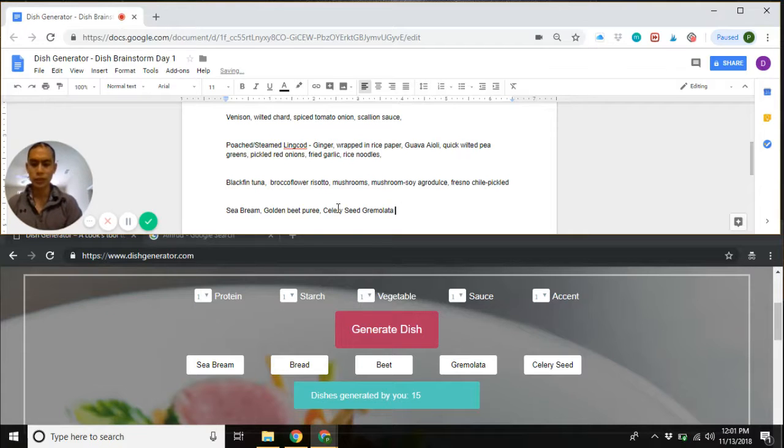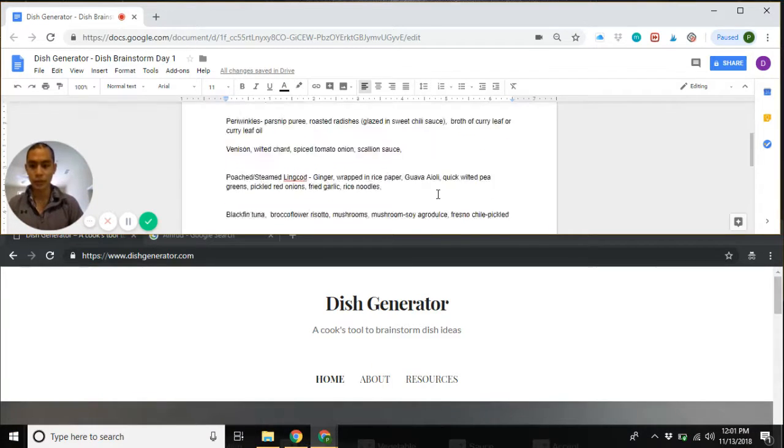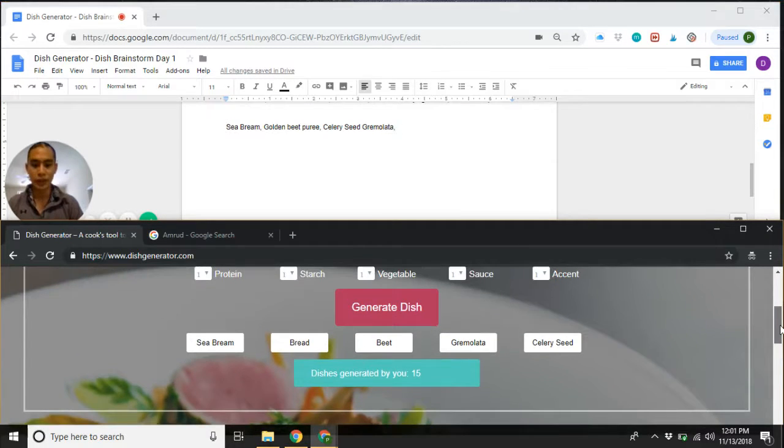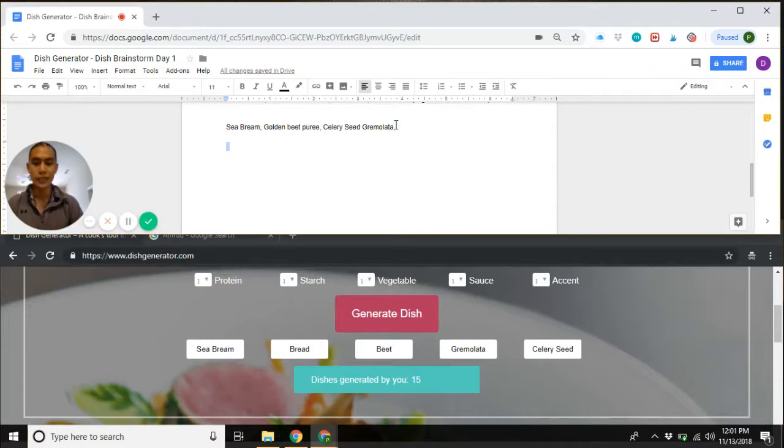Yeah, totally doable. So all you naysayers that say that this is useless and can't come up with ideas, you know, don't use this then. That's fine. I'm not gonna be offended, but I think it's a pretty powerful tool. I've already come up with, I don't know how long it's been, but these are solid dishes to work off. And of course, if you're working in a team environment, you can bring these to the table and just talk with your other chefs or your other fellow cooks, or bounce your ideas off your wife and see if she would be interested in trying something like that. But it all comes down to technique. At the end of the day, after you've decided on what ingredients you want to work with,